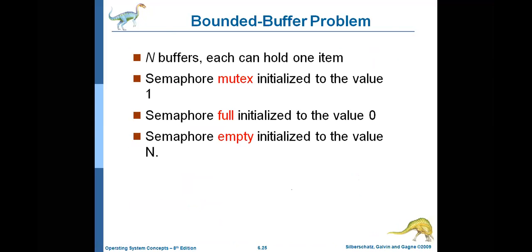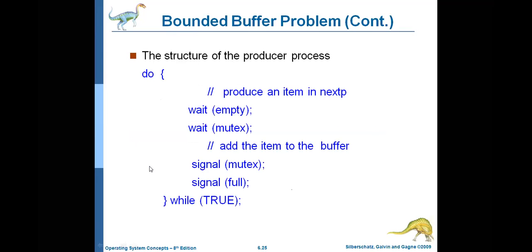Whenever you want to discuss a problem, you need to have an idea about the variables we are using in the problem. Earlier, when we discussed the producer consumer problem, we talked about the buffer size, the length of the buffer, and the in variable and out variable. Here in this bounded buffer problem, we have mutex, already initialized to 1, and two more variables, full and empty. Full is initialized to 0 and empty is initialized to n.